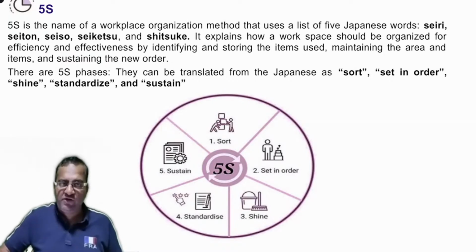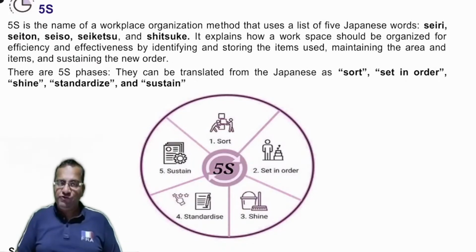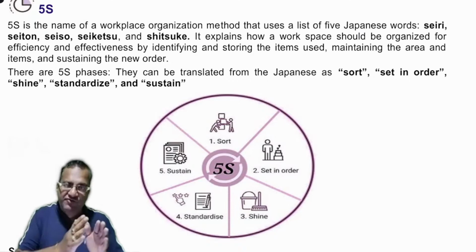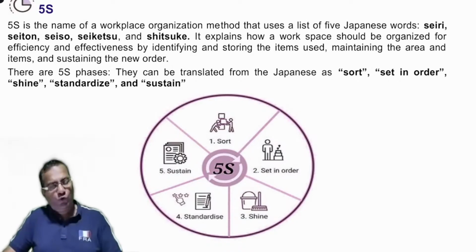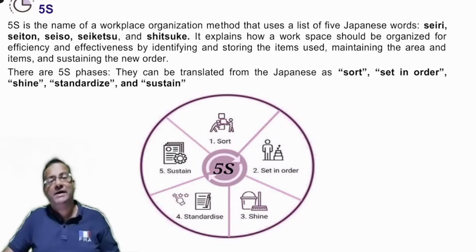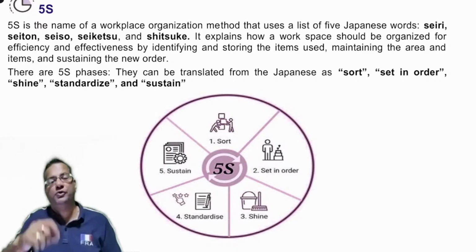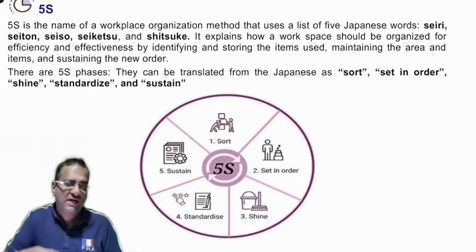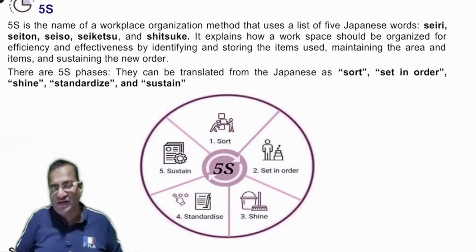So whatever the workplace is, first of all, the first step is sorting. It means you have to segregate the necessary and the unnecessary items in that particular workplace. Three or four possibilities might be there. Some of the equipment, tools, documents or files are necessary and are in regular use. Some are necessary, undoubtedly,